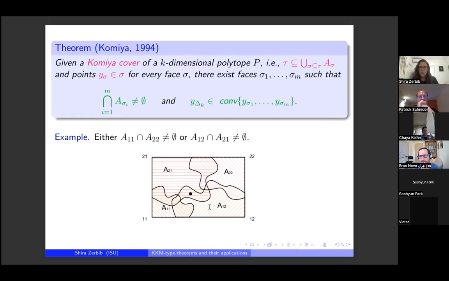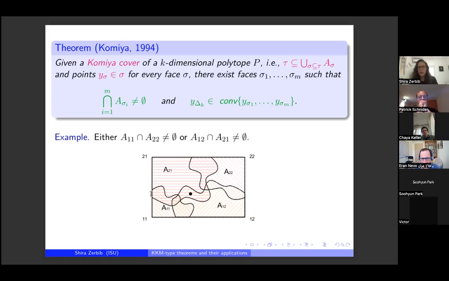So why is this true? Why does this follow from this theorem? So I showed you the sets. I have to tell you what the y sigma are. So I'm taking still the barycenters to be the y sigmas. And then,